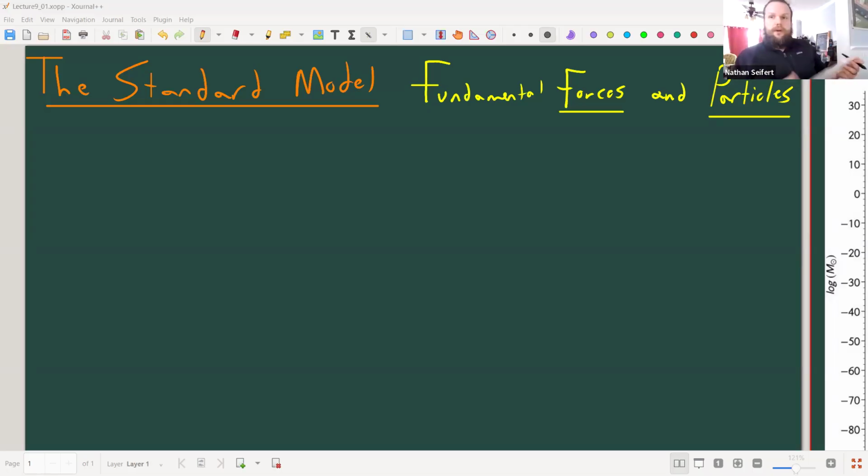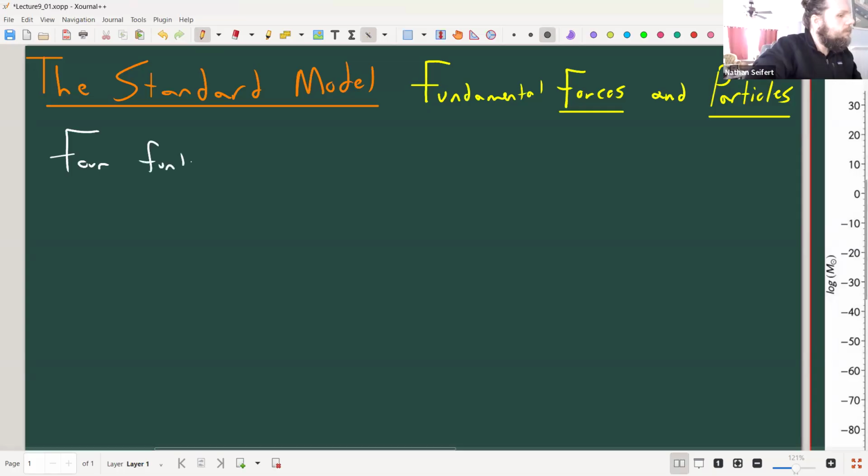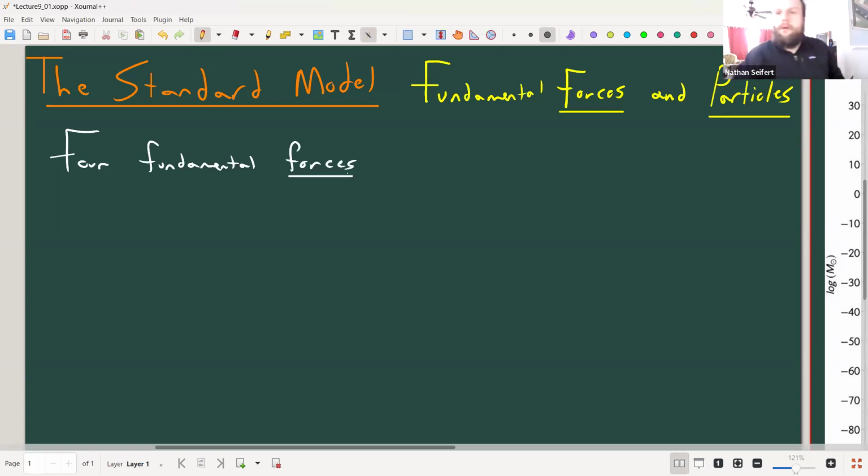And I want to talk about these two ideas. I think it's best to start with forces, because I think we have a better appreciation for that. And then we can talk about particles and how they're associated with forces. There are four forces, what we call four fundamental forces in the universe. And what we're going to identify with a force is that there's something applying that force, something that carries that force, and then there's a target for that force. What does it act on, and who is applying the force?